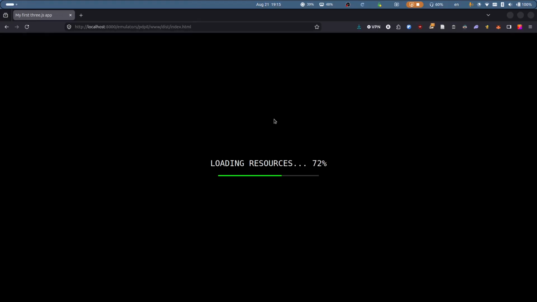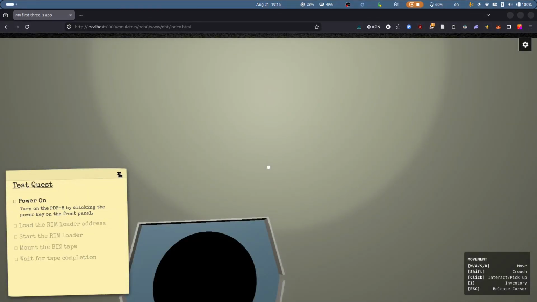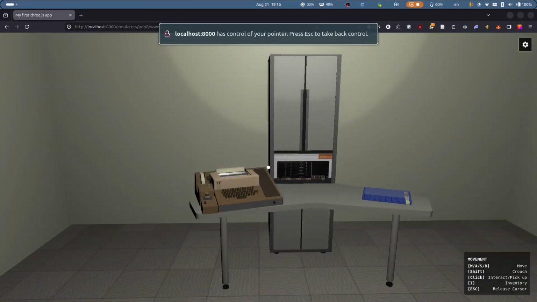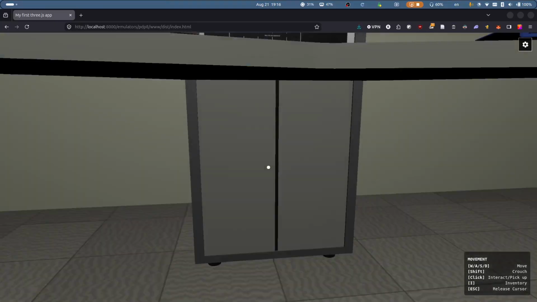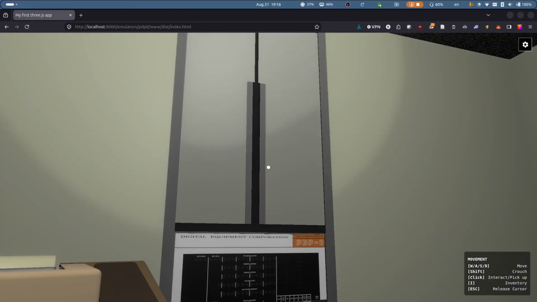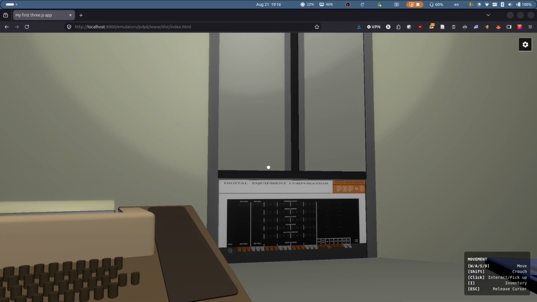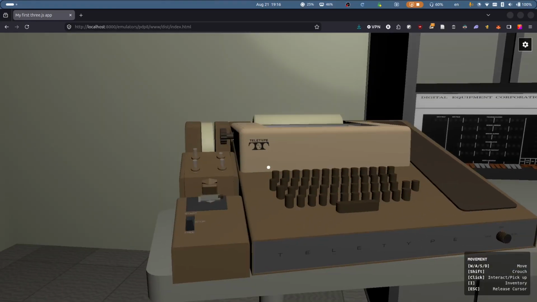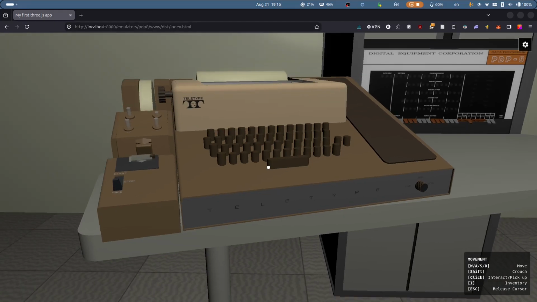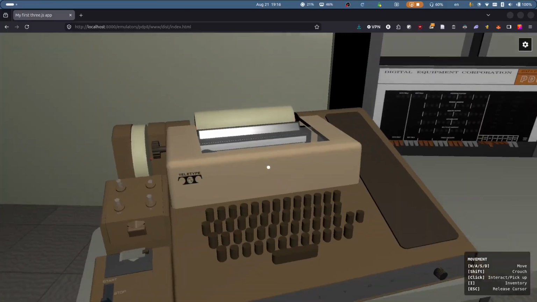So we press launch and we get into this environment. Ignore this, which is a test. And so we are here in the room in which we have our computer, which in this case is the PDP-8, in particular one of its earliest revisions, the Straight 8, one of the first versions, if not the first version, of around 1960, along with its main standard input-output device, which was an ASR33